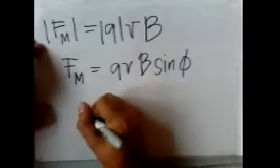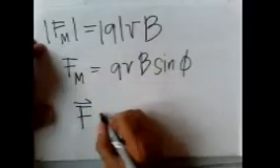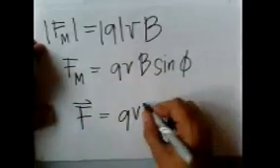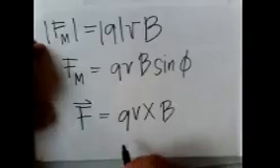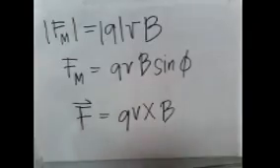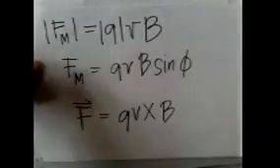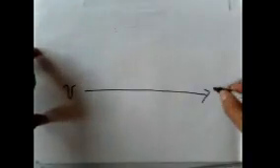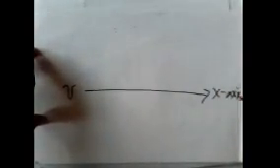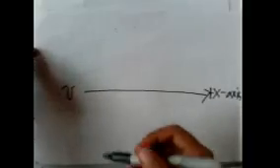In general, the magnetic force is equal to Q V cross B. In determining the direction of the magnetic force, we use the right-hand rule. So we should review the right-hand rule. For example, if we have a velocity v moving along the positive x-axis, and